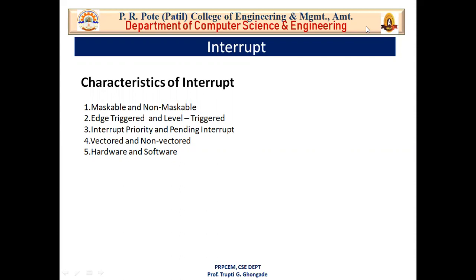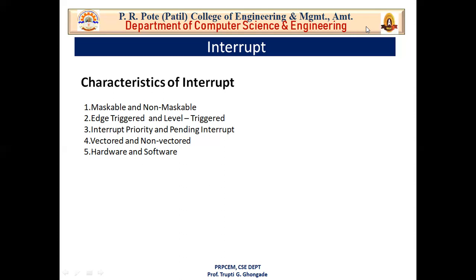First of all, what is the difference between programmed IO and interrupt driven IO? In the previous lecture, most of the time we used terms like memory mapped IO, programmed IO, interrupt driven IO. So what is that? First, why are we learning interrupts in this subject? We are learning interrupts because there is a method called interrupt driven IO, which is 100 times better than programmed IO, or program input output.